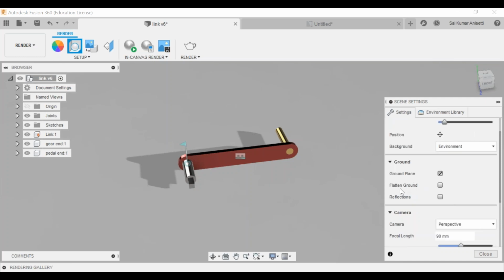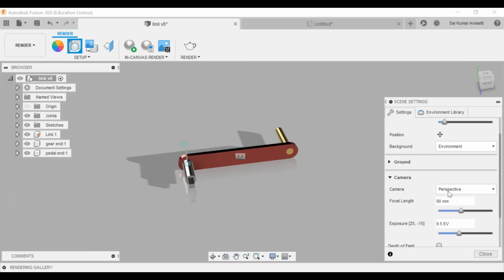Before that, if you want to turn your reflections on, turn your reflections on over here. And if you want to change your reflections, you can just toggle that, flatten to the ground. Make sure this is flattened. Again my system got fine.